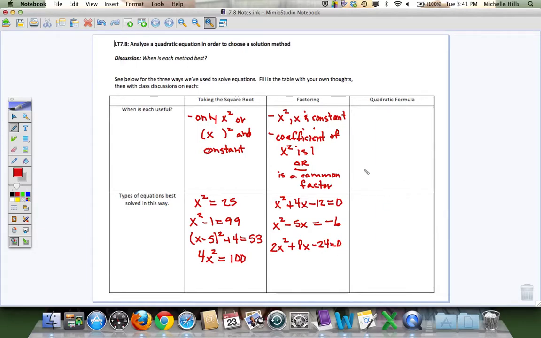Now, quadratic formula was when we had all three terms again, but the coefficient of x squared not only wasn't 1, but I also couldn't make it 1 by dividing everything by that. So it would be something like 3x squared minus 5x equals 7, or 4x squared plus 8x minus 10 equals 0. So it has an x squared, x, and constant,